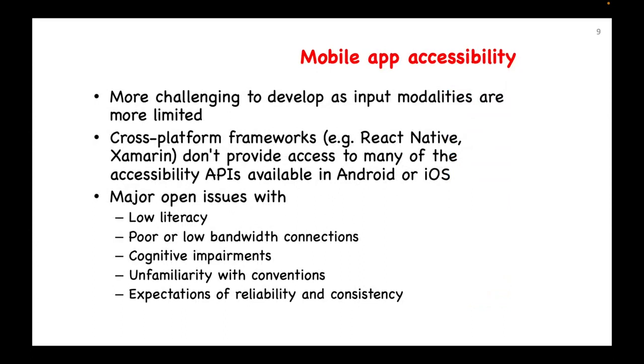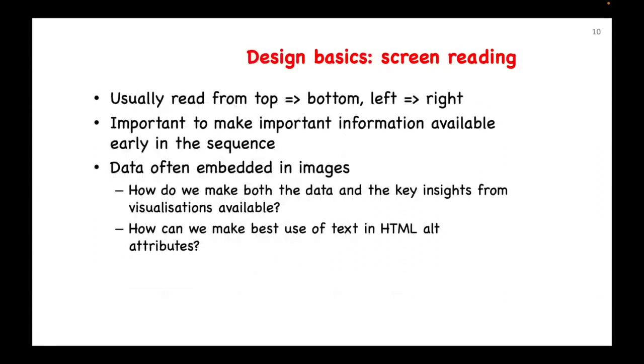We need to think about mobiles, and again, we have to think how do our visualizations work on mobile devices? What do we need to change to make sure that they work, and so on? Okay, there are all sorts of open issues here. We won't talk about those anymore, but